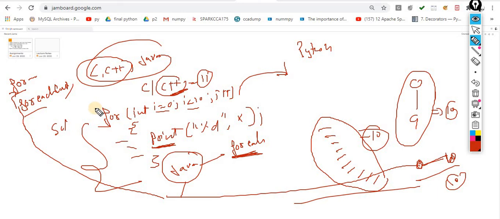For example, you are entering a room and inside the room there are 60 students sitting in front of you, but you are assessing only 10 students. You don't take care about the rest of the 50 students. You are only processing 10 students. So this time I am restricting you, I am specifying that you are supposed to take only 10 steps. At that point, you have to take the help of this for loop in C, C++ and Java.